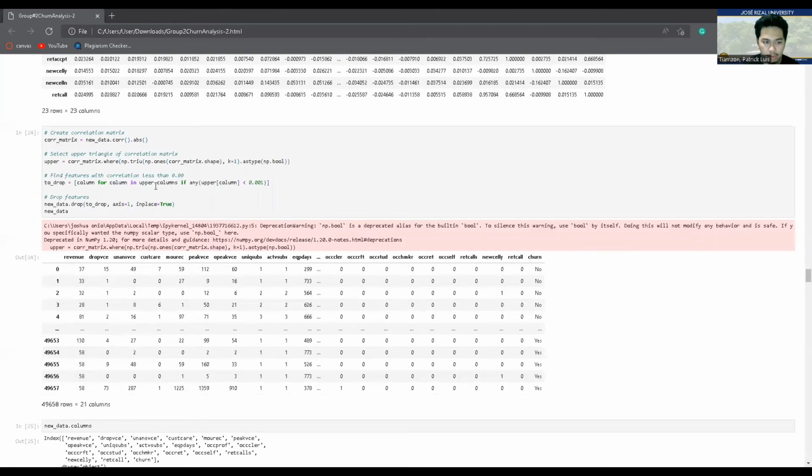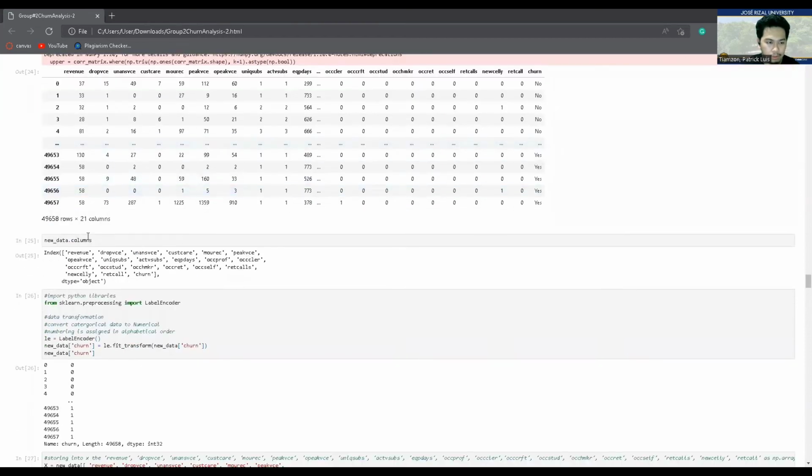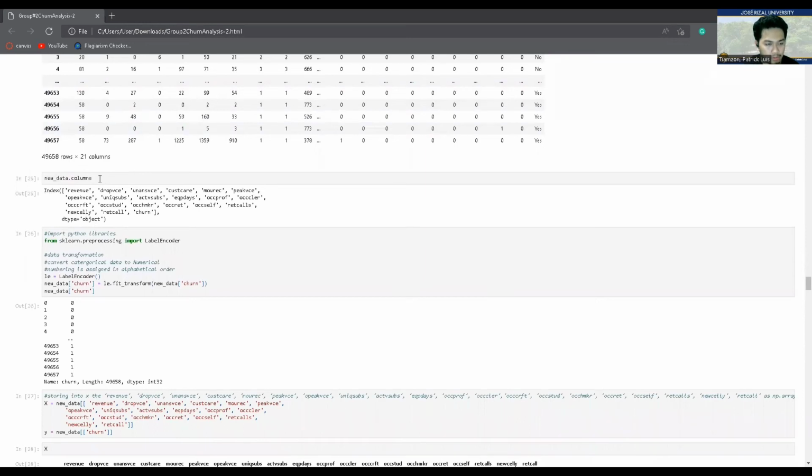Then find the features with correlation less than 0.0. After getting the features that are higher and lower, this will be the time that you need to drop them in order to get some of the related attributes that can be used, or simply get a record only to specify what type of cause of the churn.